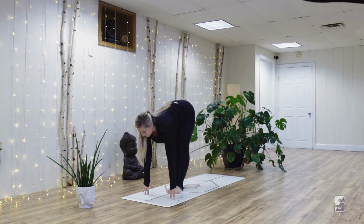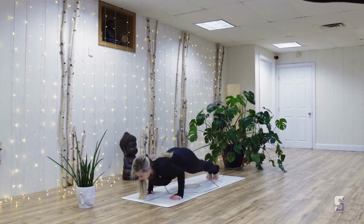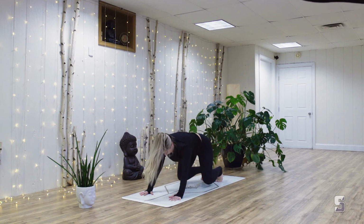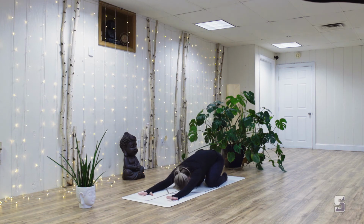Inhale, half lift. Exhale, fold, plant your palms, bend your knees, step or float through your version of a chaturanga. Bend through the elbows, squeeze the elbows as close to the sides as you can. Inhale, upward facing dog if you took chaturanga. And exhale, press back to downward. Remember, you can always drop down into child's pose instead of coming into downward facing dog,